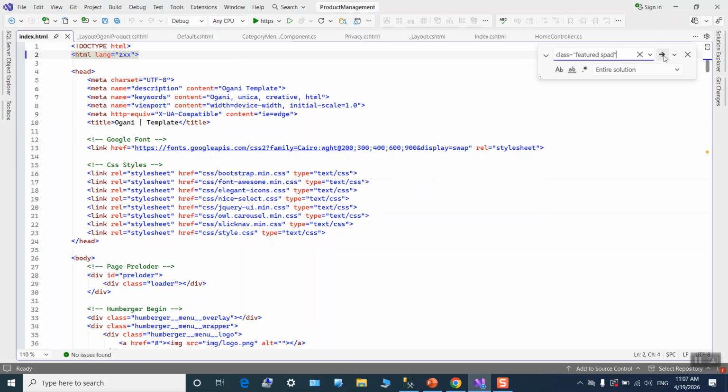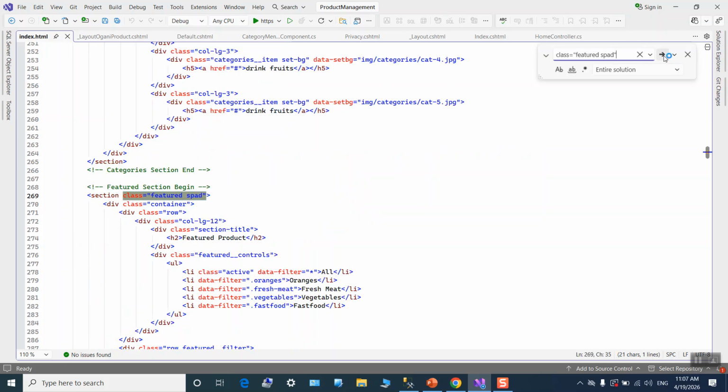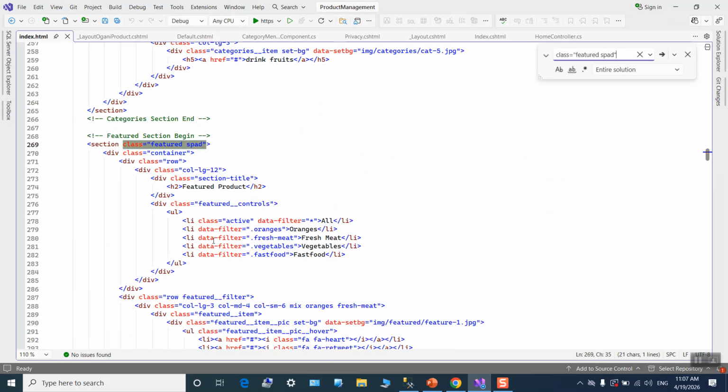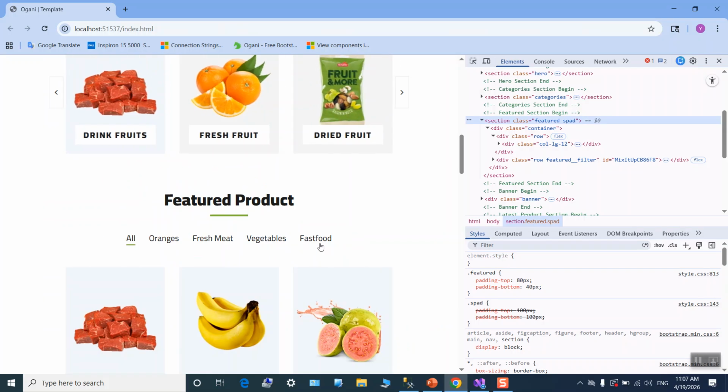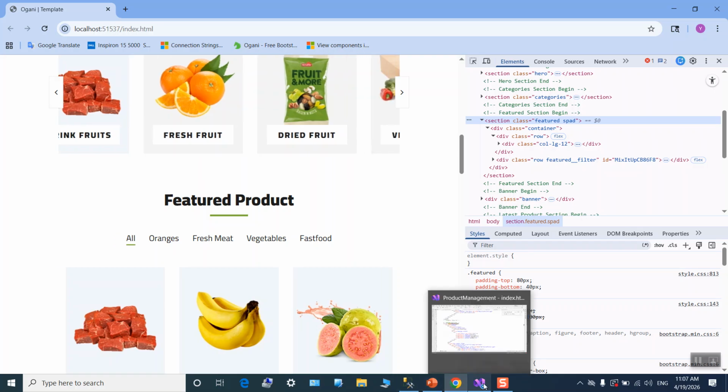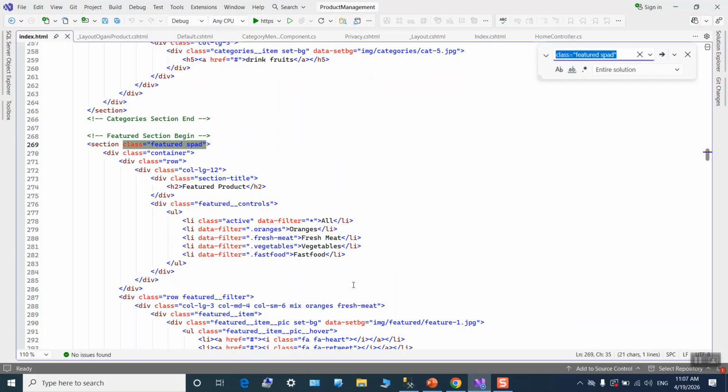file right here. On organic, fresh meat, vegetable. That's it. On organic, fresh meat, vegetable, fast food. It is the place where we want to put our product to display. So copy it,